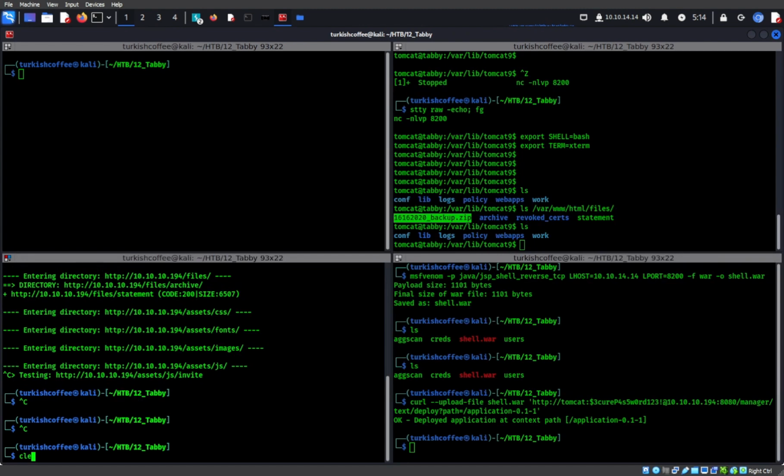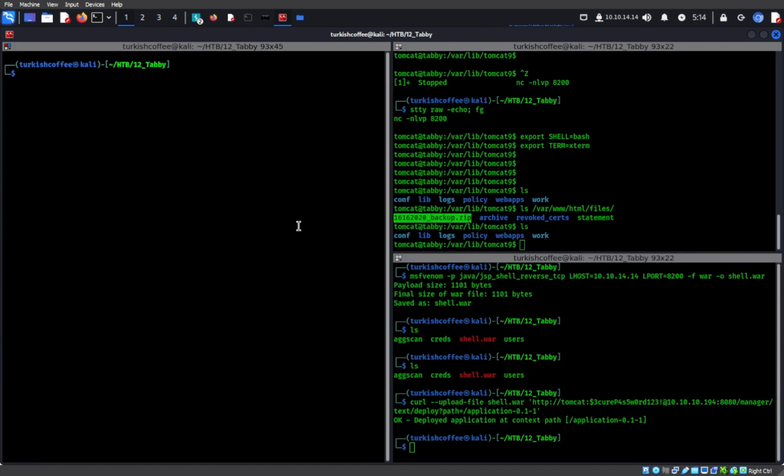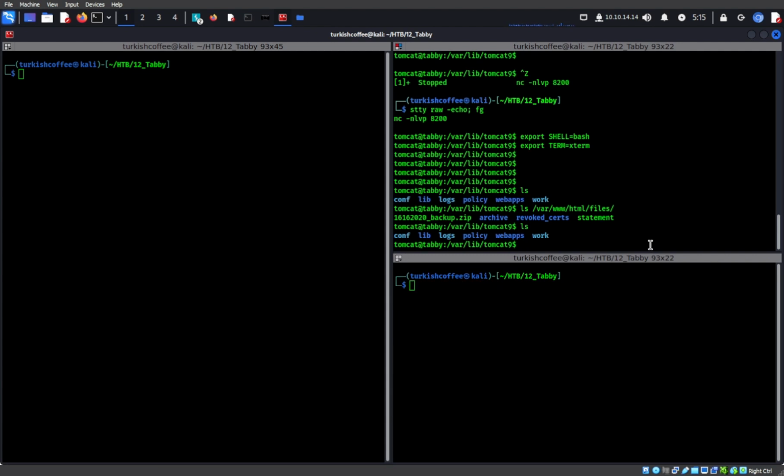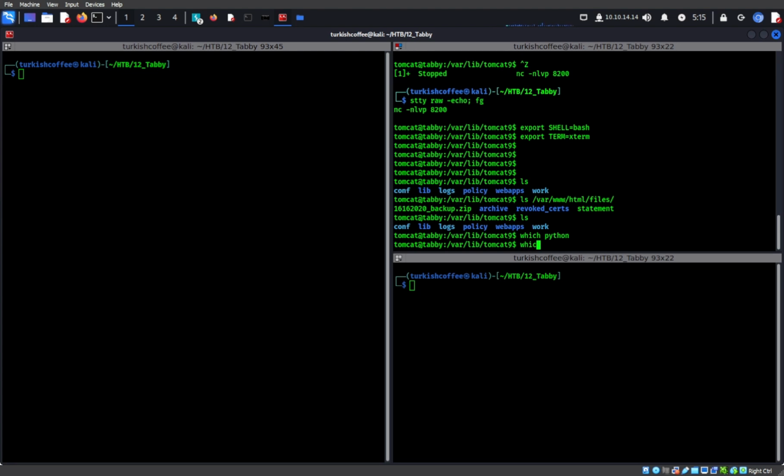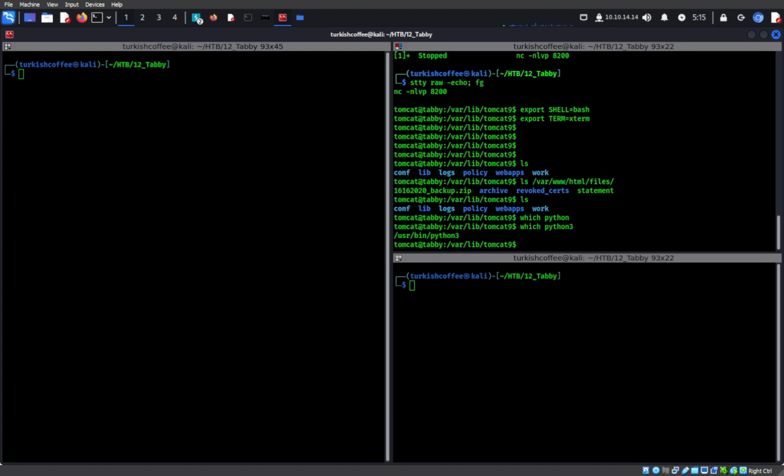Let me close this now. It's not needed anymore. We can also close this so we have a bit more clean terminal. Let me also clear this. Okay, so now what we do is, which Python, no, which Python 3, I think it's there. All right, so now we move this to our machine. So Python http.server